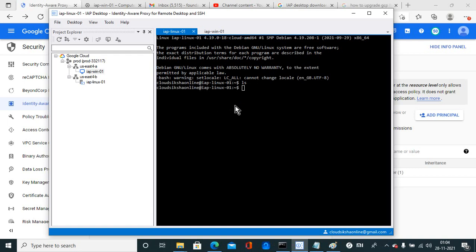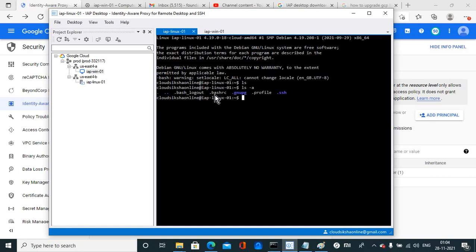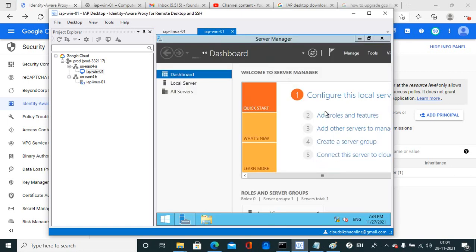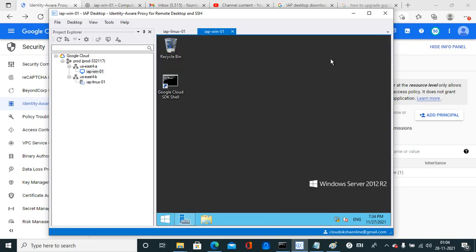ls -a, okay, so I have connected over here in my Linux machine, and this is my Windows machine.